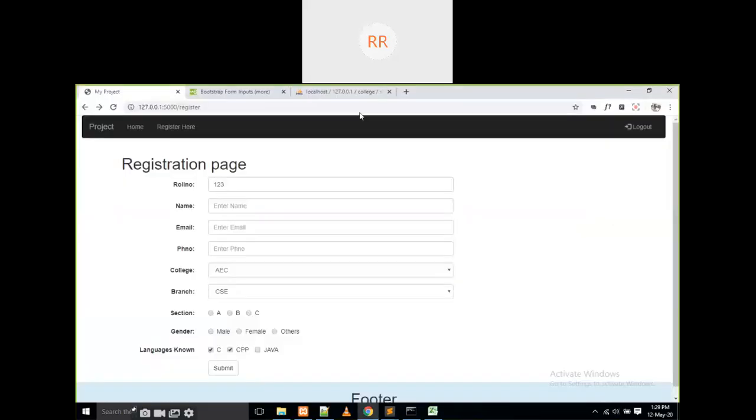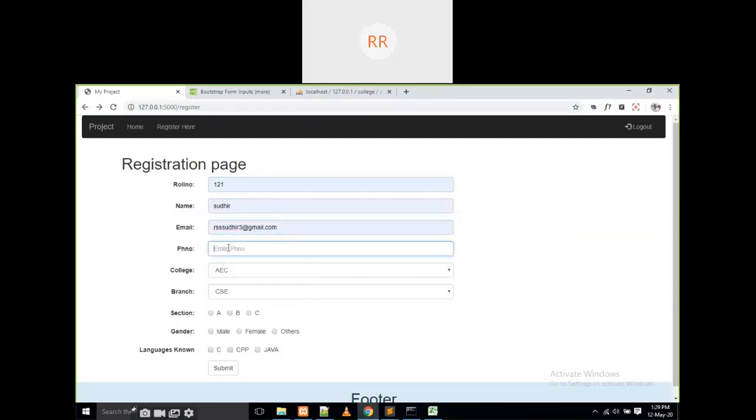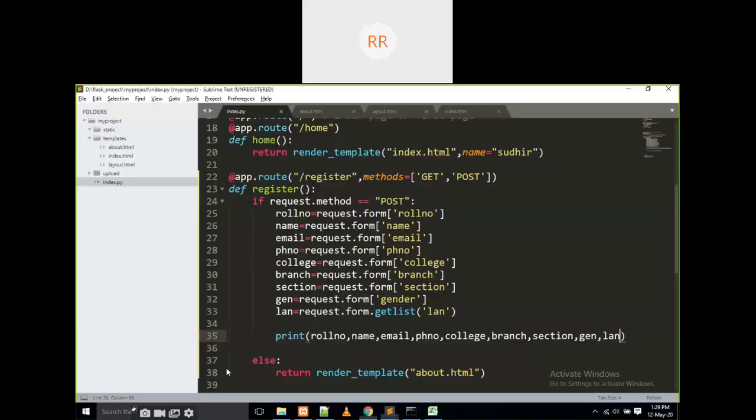Now I am going to modify this one. Update. I am going to give roll number 121, Sudhir, email, phone number like this. College CSC. My section is A section and male, C, CPP, and Java. If I click on submit, there is some error.